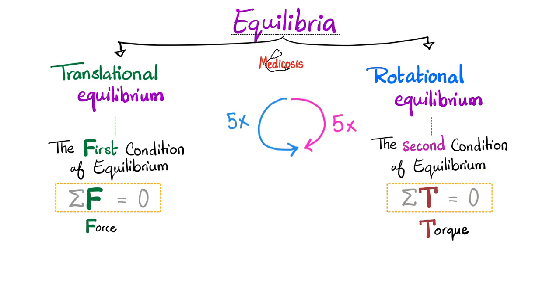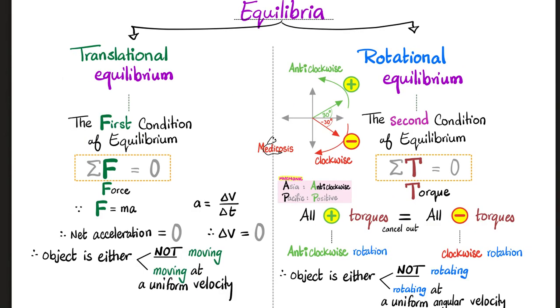So at the end of the day, I am not rotating clockwise or counterclockwise. What does it mean that sigma force, or the net force, equals 0? Well, remember that force equals mass times acceleration. Remember that acceleration is delta v, change in velocity, over delta t, change in time. If net force is 0, then the net acceleration is 0. And if acceleration is 0, it probably means that delta v is 0. There is no change in velocity, so that delta v is 0, so that acceleration is 0, so that net